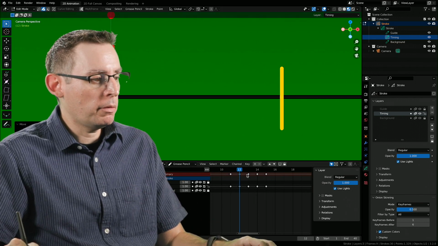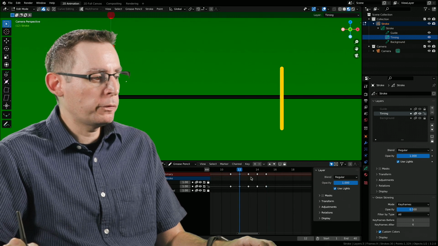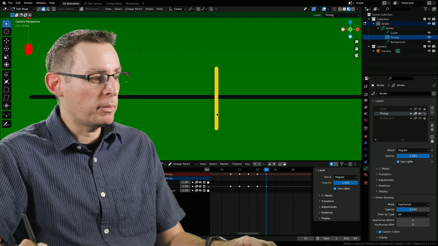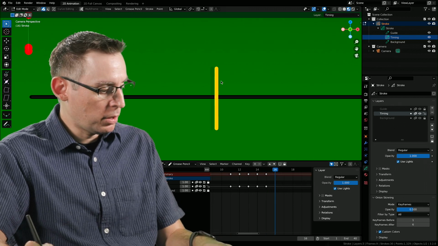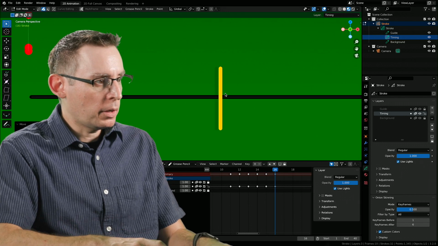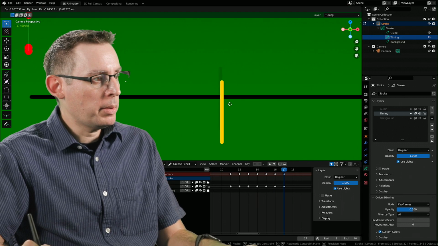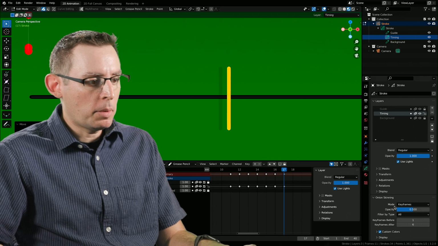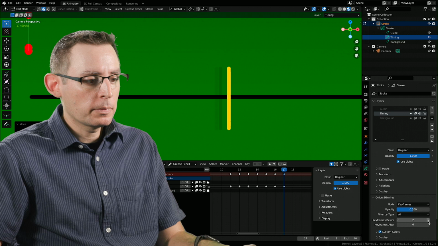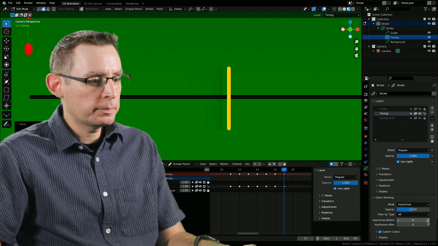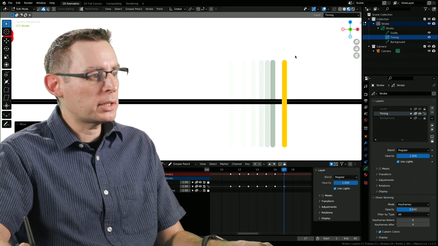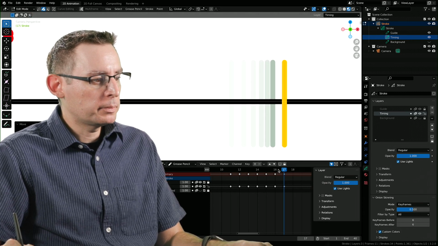So 11, 12, 13, 14, 15. So we have 4 frames that describe the slowing as it goes into the apex at frame 15. So now let's do the exact same thing. Grab X. It's going to move very little in here. On frame 16, grab X. Okay, I'm going to go back to my object data properties. And the keyframes before, I'm going to increase this to 6. I'm also going to turn off the visibility of my background layer just to make it a little bit easier to see all of my frames.